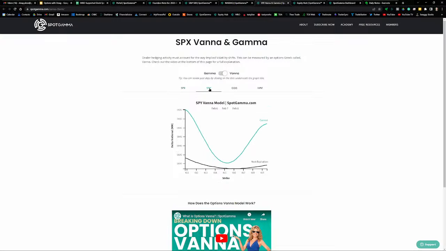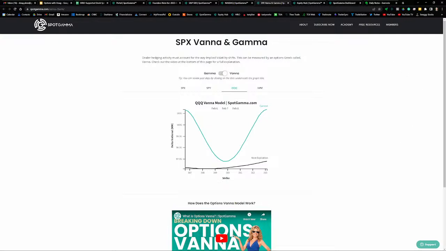Here's SPY. And this is pretty neutral for SPY. And SPY, even this year, has been, I think, mostly, if not all, negative gamma. And then QQQ is slightly positive here. So I would say both SPY and QQQ are fairly neutral, with SPX being positive gamma, meaning traders or market makers will hedge against price.